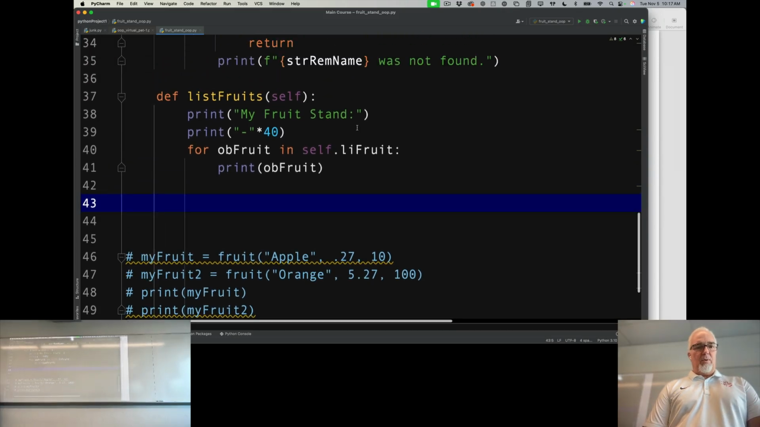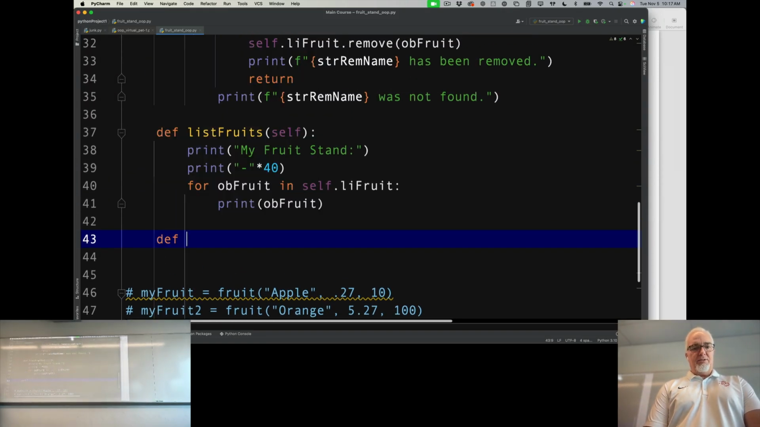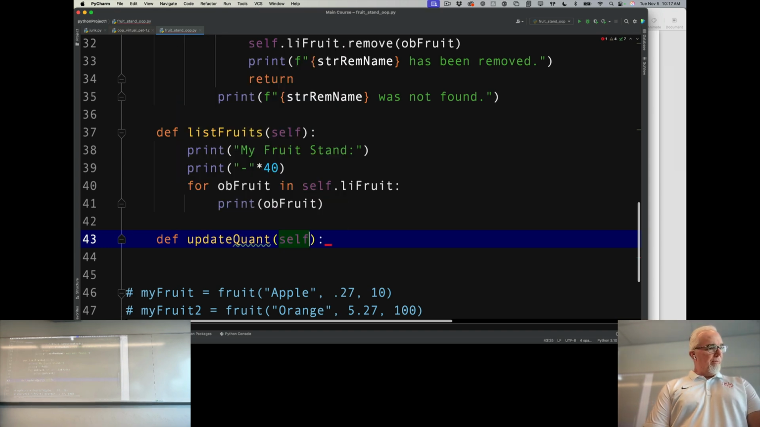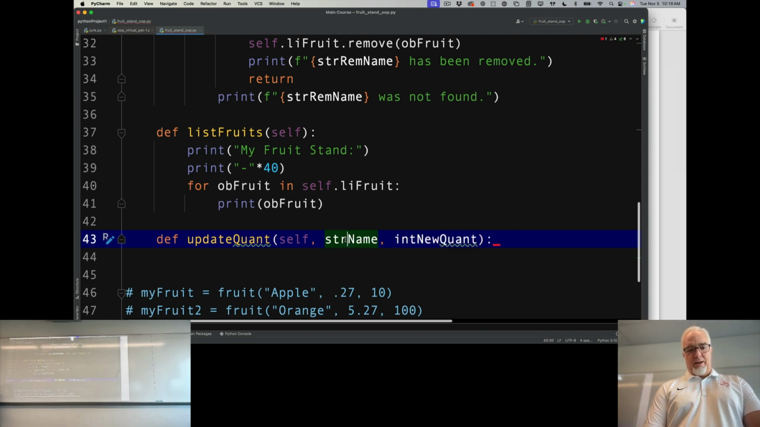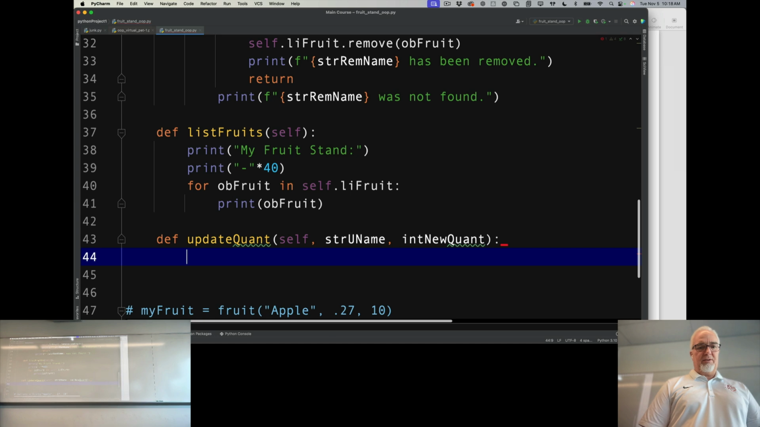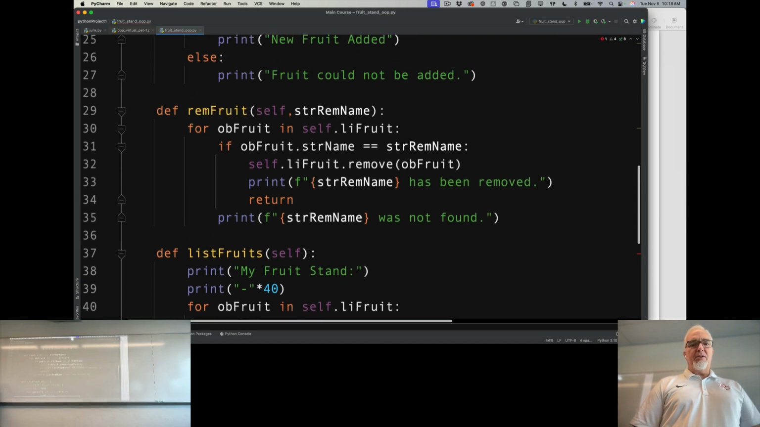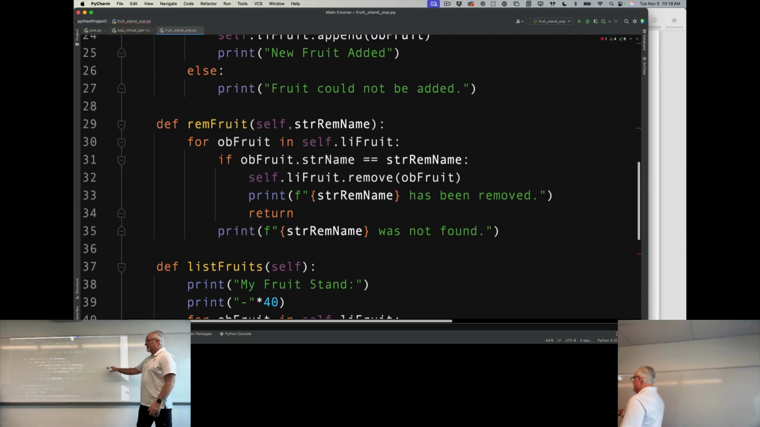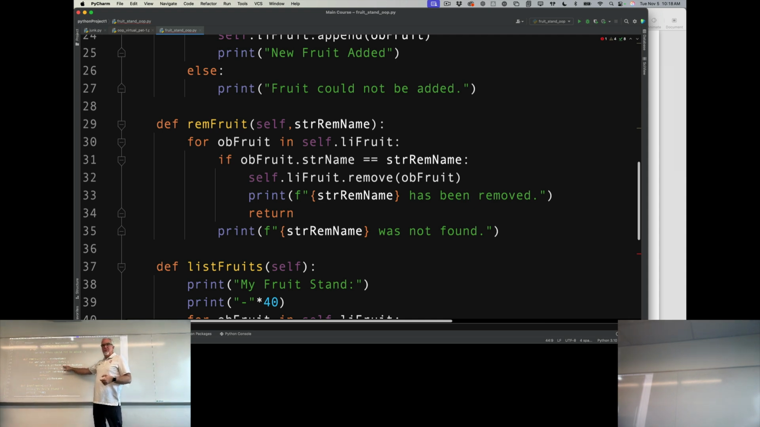And so I'm going to create one more method inside the fruit stand class, update quantity, self, str name, and int new quant. And I'll call that update name or uname so we can distinguish between the two. And I'm going to use the same paradigm that I did for removing the fruit. So I'm going to use the name that they give us. I'm going to loop through the fruit, find the one that matches, and then I'm going to call the setter